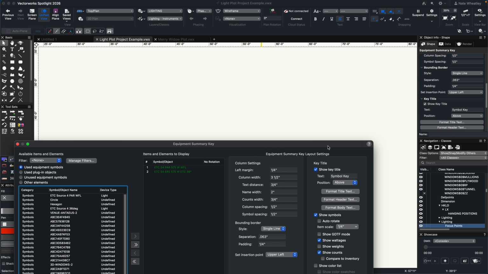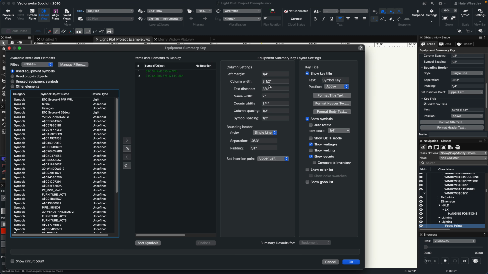Over here, these are the column settings. So the left margin is 1/4 inch, the column width is 3.5 inches, all of these settings. These settings are a little nebulous, a little difficult to wrap your head around with getting text to fit, and I usually just continue to play with the measurements until I get it where I want it. Or if you're having trouble getting the box to act perfectly and align with the rest of your bounding boxes that are on your title block,